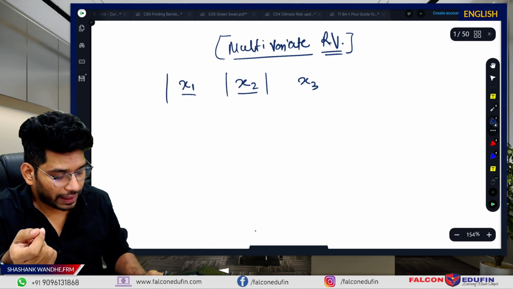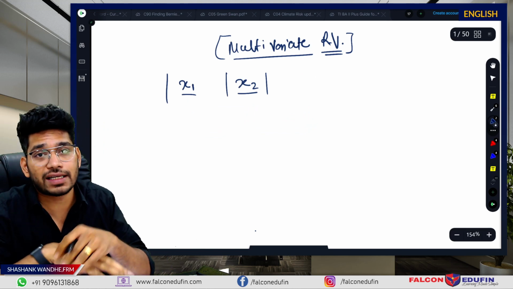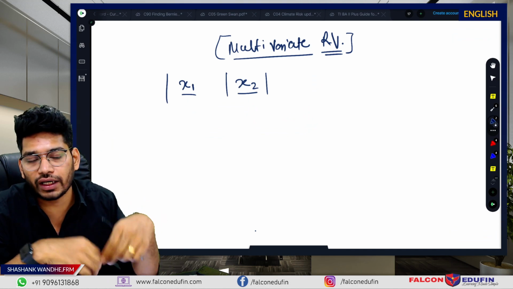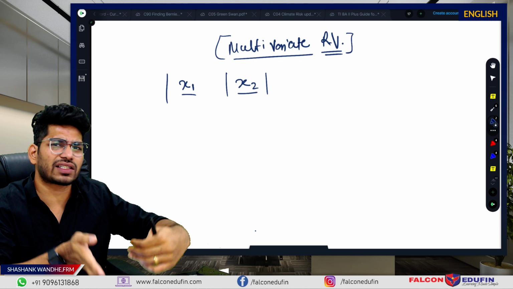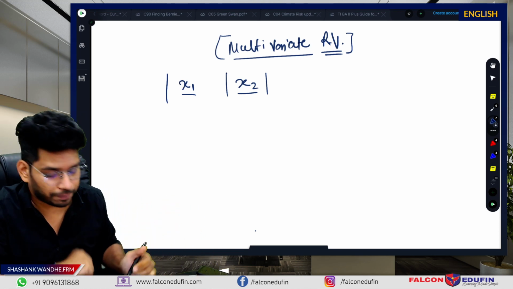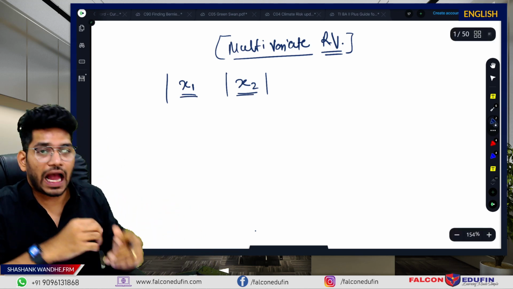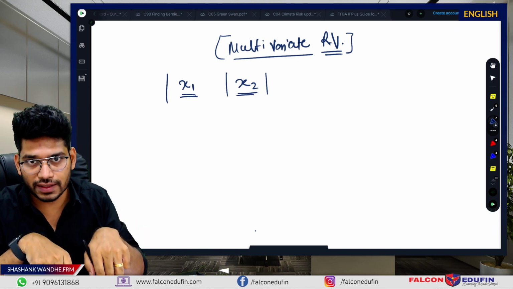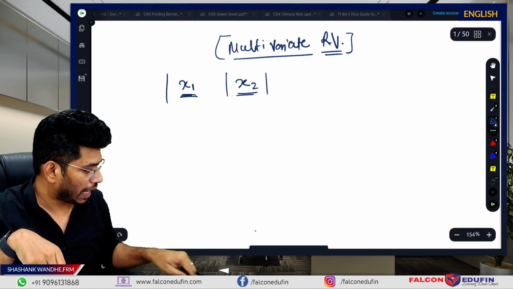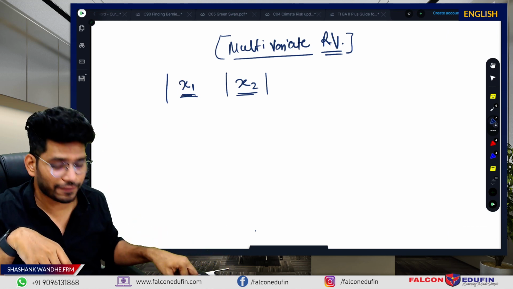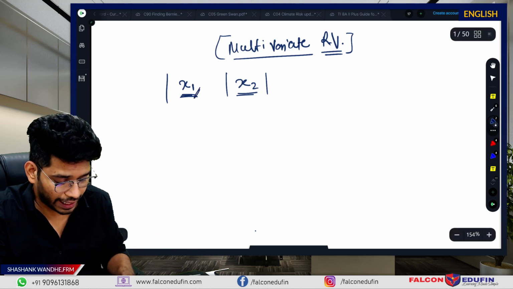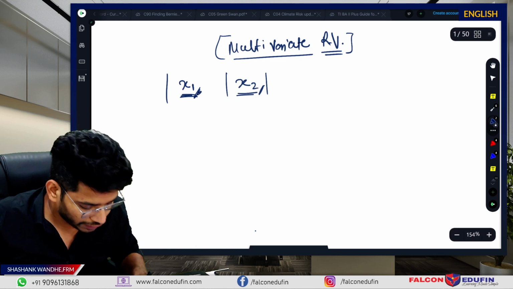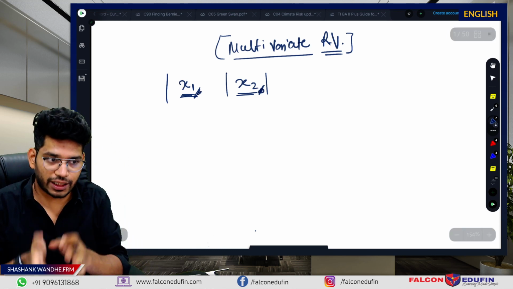So this topic, if I have to rename it, I will rename it as bivariate random variables, because we have only two variables and everything relating to those two variables. And the same theory can be extended to multiple variables, right? Remember one thing, we have to check the statistical properties of both the variables as standalone properties as well. Say you have standalone statistical properties for x1 and x2: mean, mode, median, standard deviation, variance, skewness, kurtosis. Everything will be available for these two variables, x1 and x2.